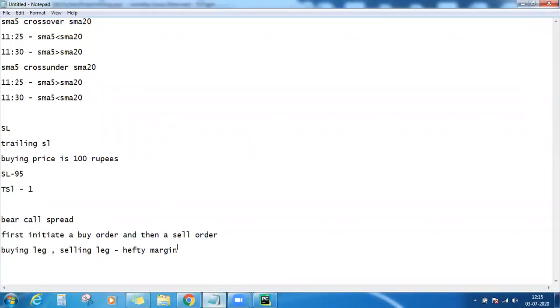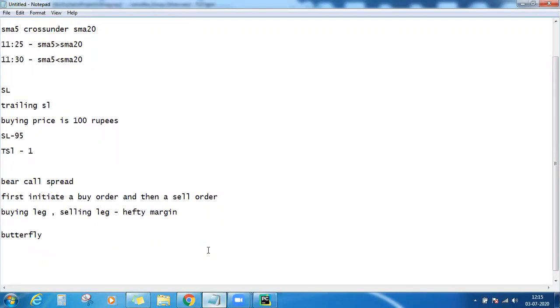But to inform the exchange that you are going to initiate a spread strategy, every time you have to initiate the buy order first. Let's say you want to initiate a butterfly. So what is a butterfly? It is a short straddle plus OTM buy call plus OTM buy put.